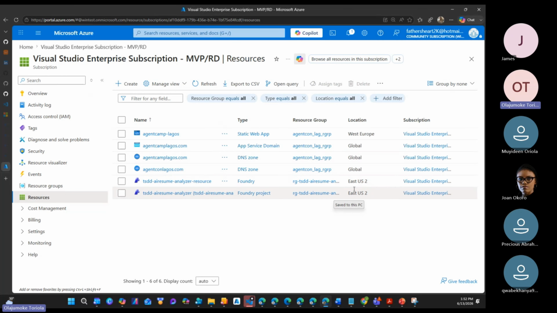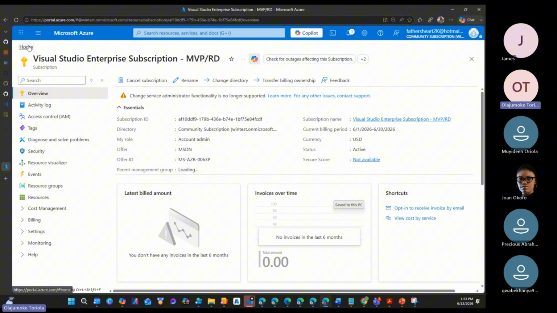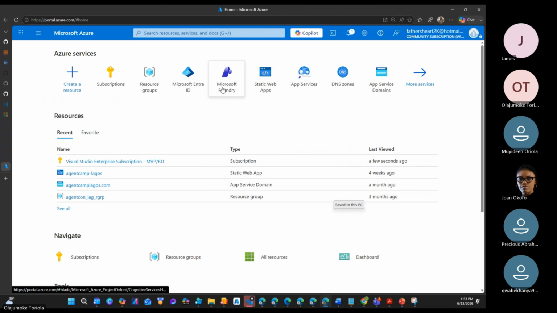I think this is it, so I can delete it. The location has to be US. I think that day I made a mistake and selected South Africa. It is not available. It is in US for now. So maybe in the future Microsoft will change that. We don't know. But let me go back home.